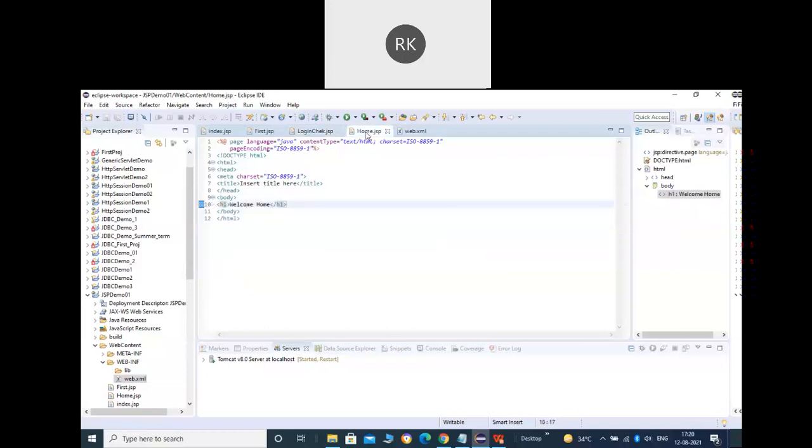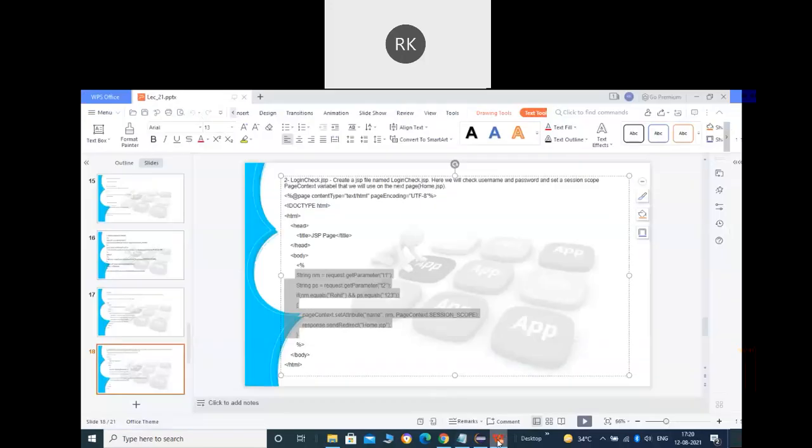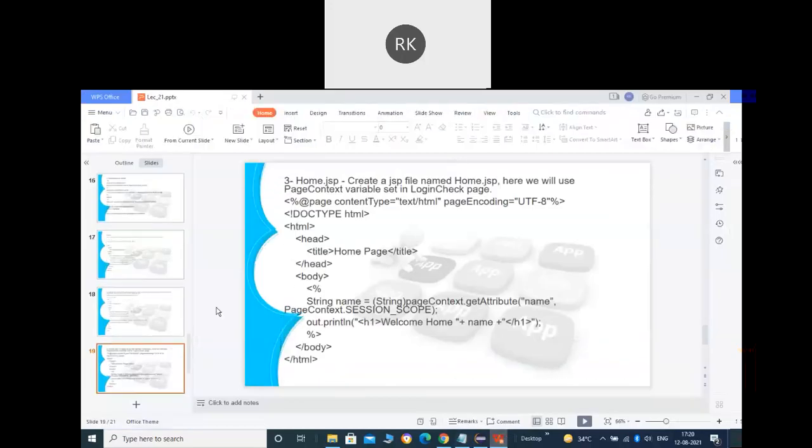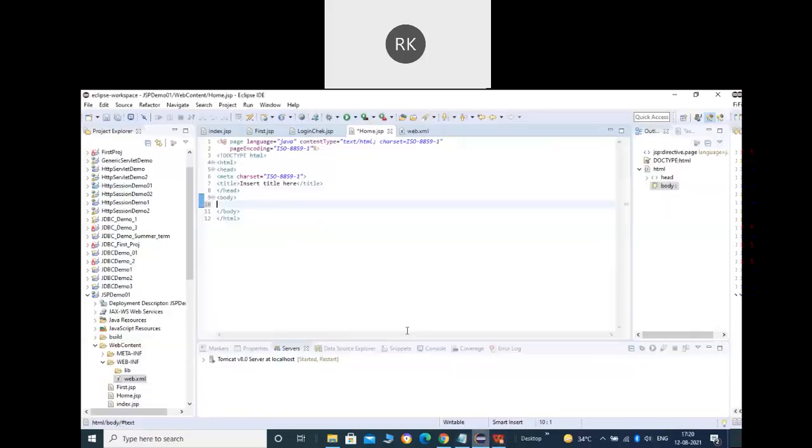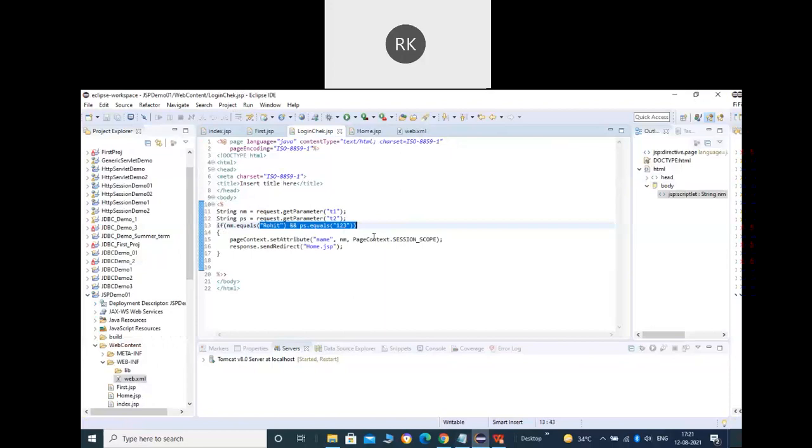And here we want to do the session management over the home page. So before actually showing the content, we can verify whether this particular session attribute has been set or not. And this attribute will be set when you are following a proper login process. This will save us from the case where someone enters the home page URL directly, so they will not be able to access the home page if they have not followed the proper process of login.